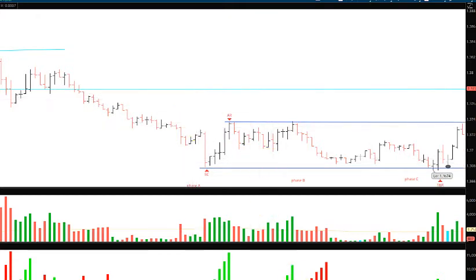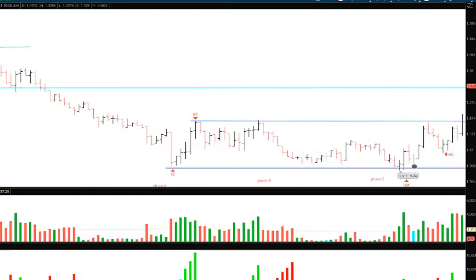So let's move forward. This is actually a trade that I executed here. So there's the test in phase C. And then you see that it starts to make another move towards resistance and a breakout. So this is an area of accumulation. So what I'm looking at is watching, for example, smart money, or the composite operator, as Wyckoff would refer to it, and they're acquiring at these specific levels. Smart money is going to acquire, or distribute if we're looking at an area of distribution, at the lows as opposed to the highs.